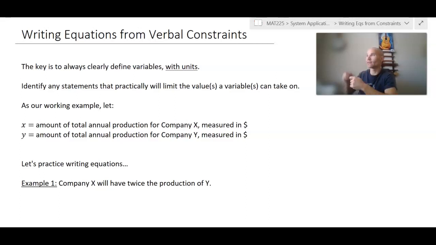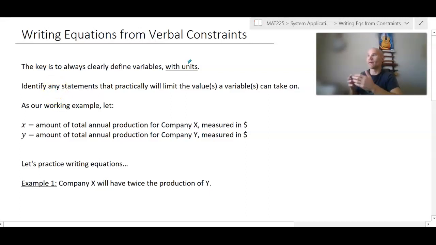You can't just say chairs and tables. You have to specify what you are measuring about them. Are you measuring the table height, the table width, the table length, the table color? There are lots of measurements that you can take on a table, so we have to be clear in specifying the units. Very important. Then you want to identify any statements that stand out